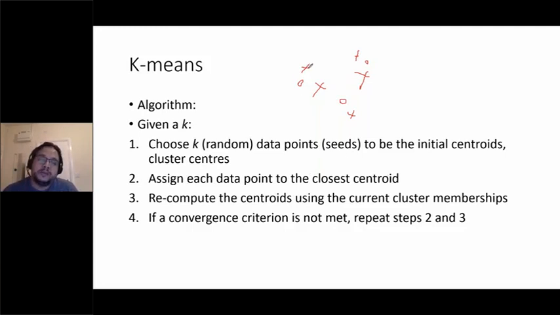So this data point will be assigned to what cluster? Let's call them A, B, C. These are my centroids. This data point is going to be assigned to what cluster? A, B, or C? A. Exactly, the closest one. It's going to go to A. This one as well. This one will go to C. This one will go to B, and this one. So we end up with three clusters.